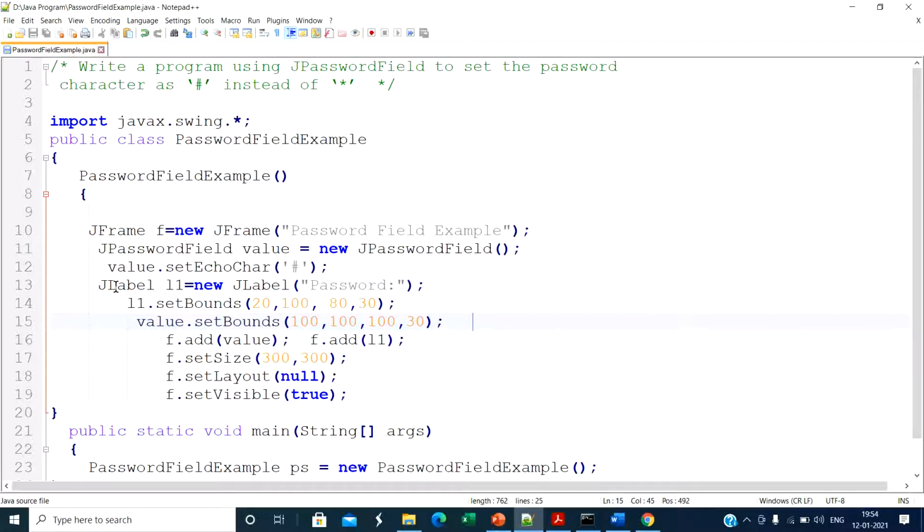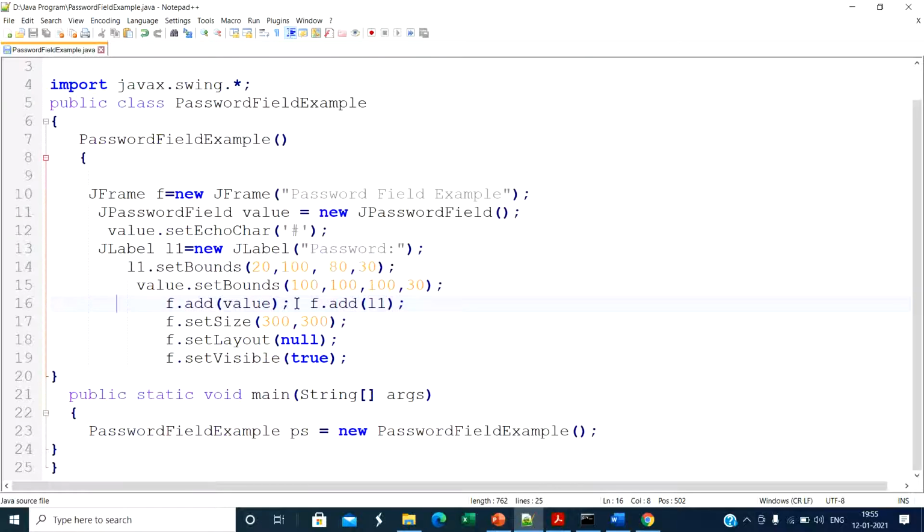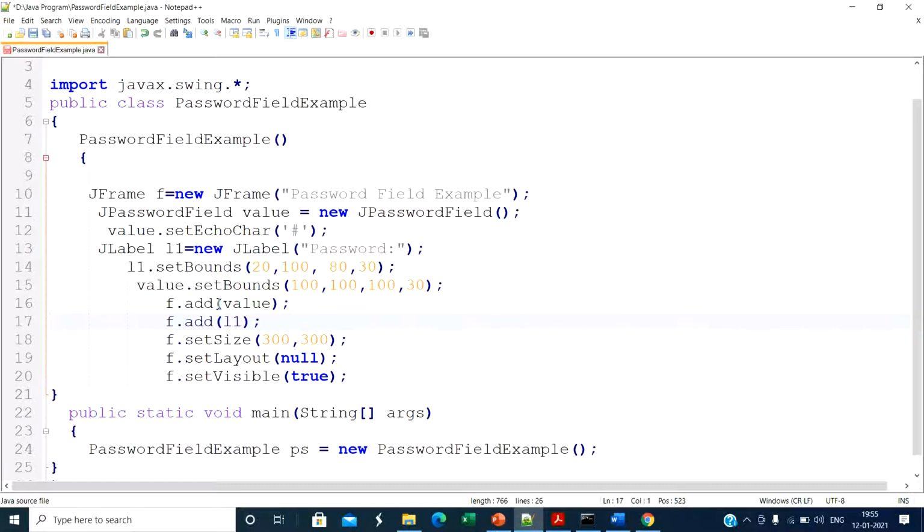Then we create one label with text password, and we set the position of the label by the setBounds method, passing the respective parameters. Then we set the position of the password field component object by setBounds, similarly to the label. Then we add the password field into the frame, and then we add the label into the frame.